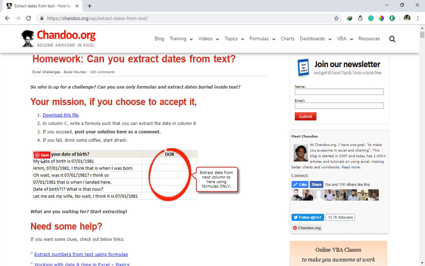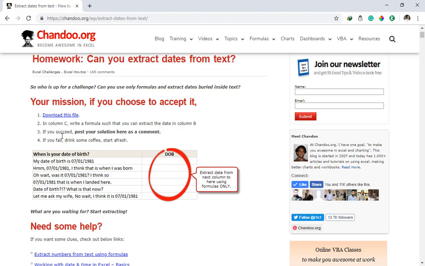I was going through one of the very famous blogs around the world, which is from Chandu, and in this blog I found an article or blog post related to extracting dates from text.